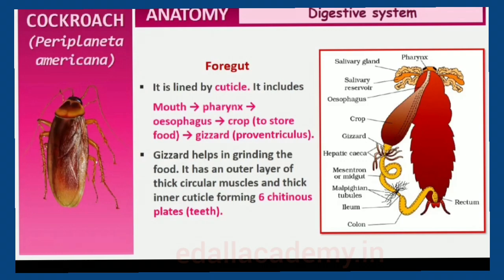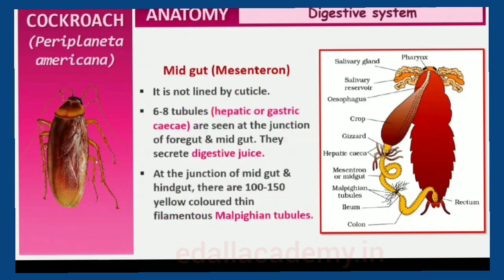It has an outer layer of thick circular muscles and thick inner cuticle forming 6 highly chitinous plates called teeth. Gizzard helps in grinding the food particles. The entire foregut is lined by cuticle. A ring of 6-8 blind tubules called hepatic or gastric caecae is present at the junction of foregut and midgut,